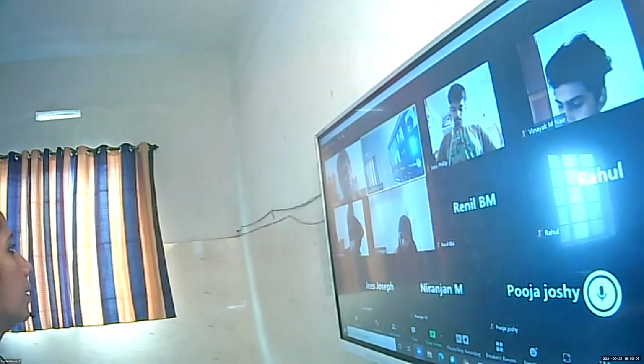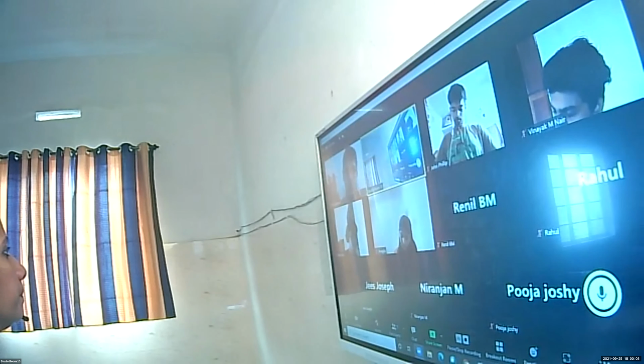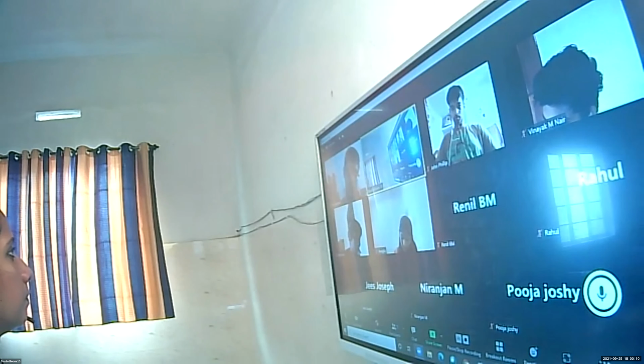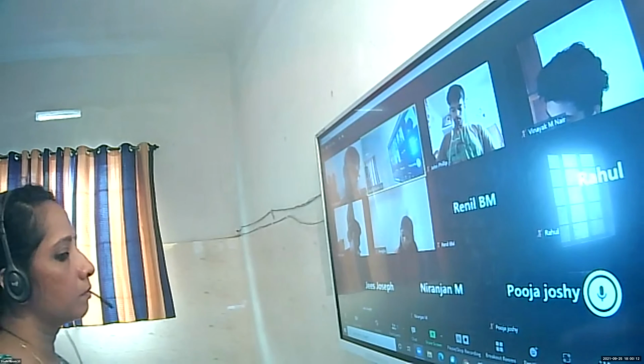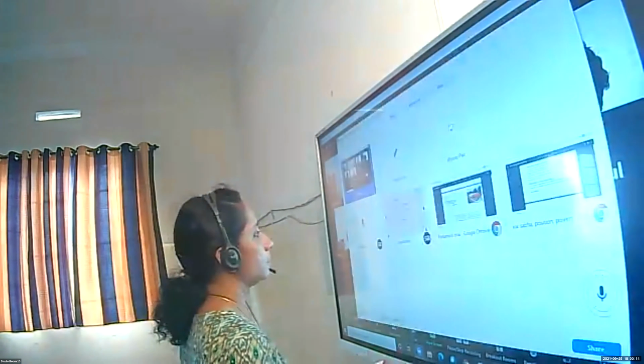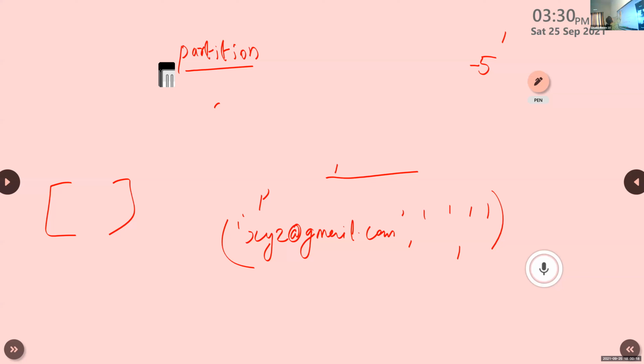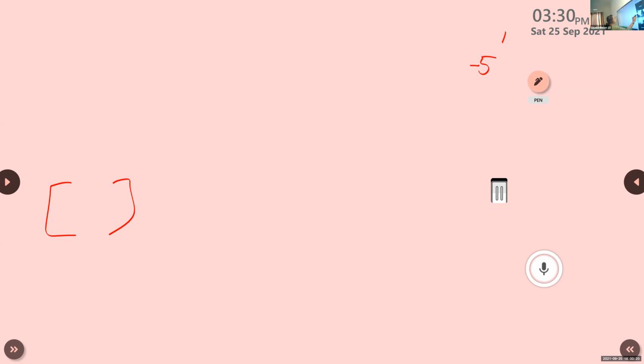Tom completed. We can write the input statement. It is x is equal to input, and a line.